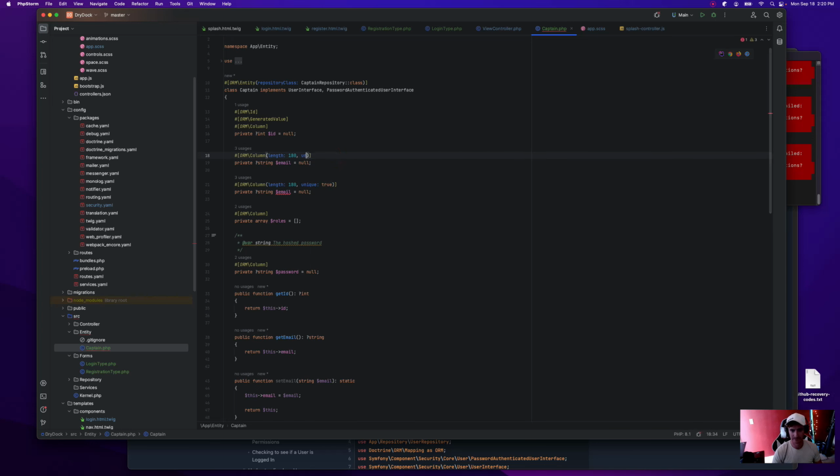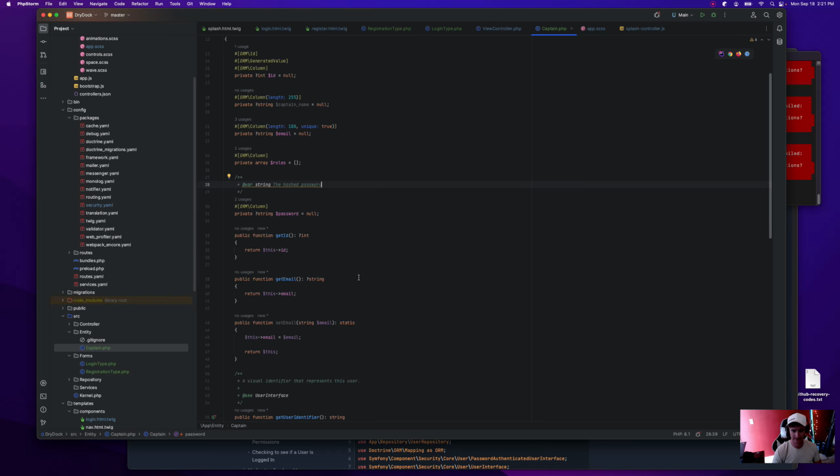We're going to get rid of that. Set it to 255. Yeah, that's fine. And then we just need to do a private string property, name or captain name, sure.